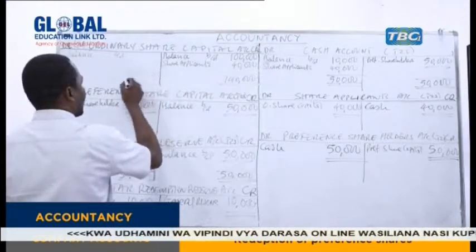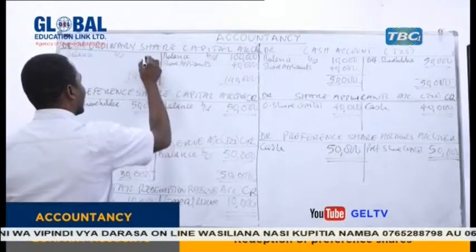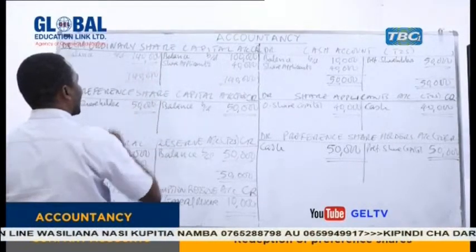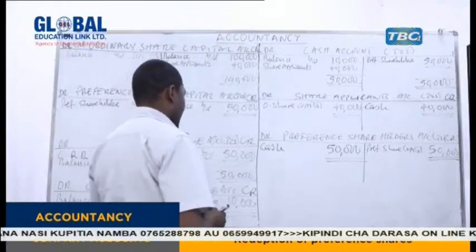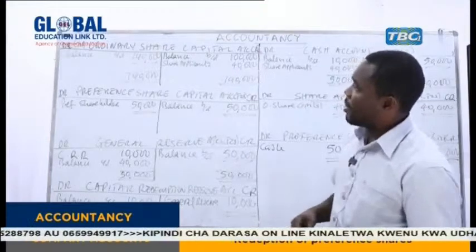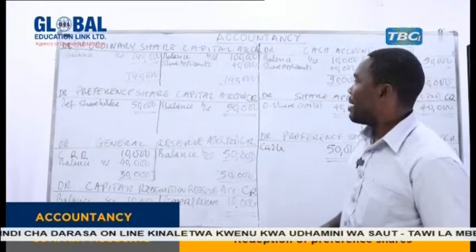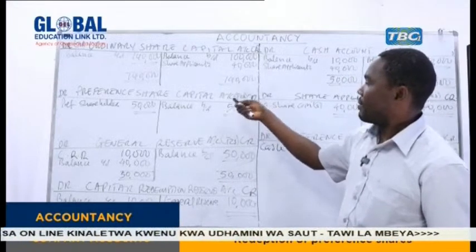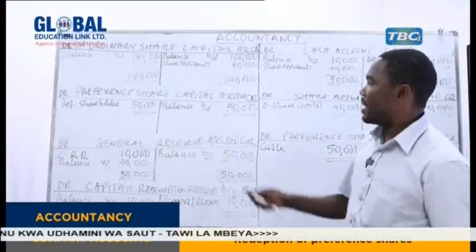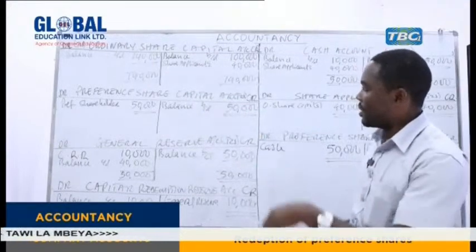Okay. Here we have 140,000. So we are done with our ledger entries. We have opened the ordinary share capital because we have increased by 40 from the amount raised to finance the redemption. Of course, we have paid the preference shareholders. So we have recognized the preference share capital in our records.